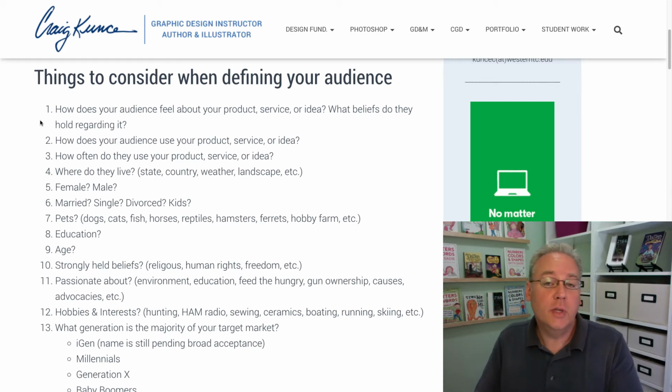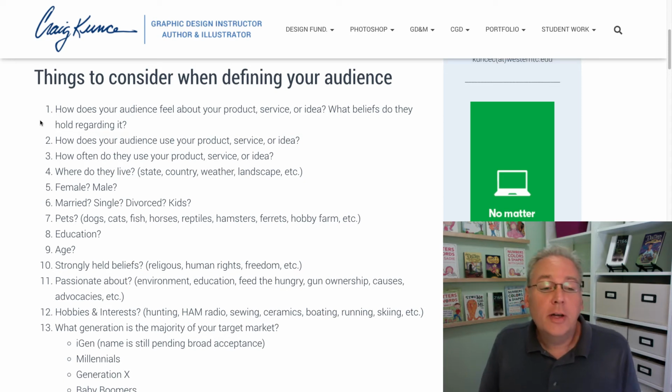Think about how they use it. Do you have a lot of people that are traveling across the country with their kids because that's where they are in life? And do they use all your food products on the go so they can't have anything fresh? So think about how that would fit into your advertising to say, you need these products on the go. This is how our product fits into your lifestyle.